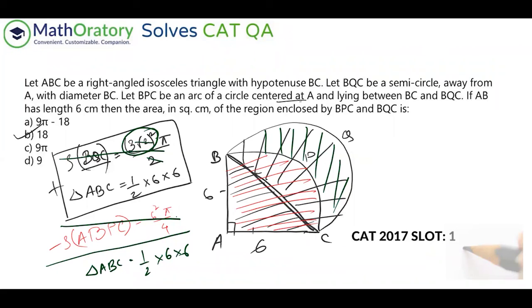The ideal time to solve this would be somewhere in the range of 1.5 to 2.5 minutes. I'm leaving a wider range in this case, the only reason being it depends on your comfort with these kinds of questions. If I have to find the area of this enclosed part, I can utilize the areas of the other regions that I can figure out. If you know that idea, you will be able to solve it in 1.5 minutes. If not, it might take a bit of time to figure that out, or maybe, unfortunately, you would not be able to solve this. But this is the ideal time to solve.